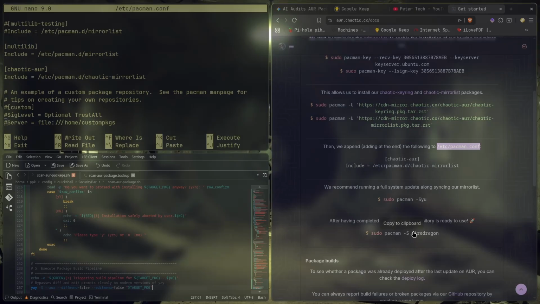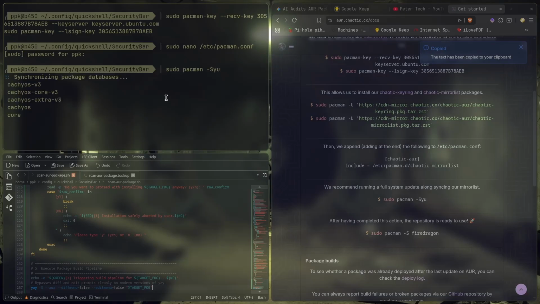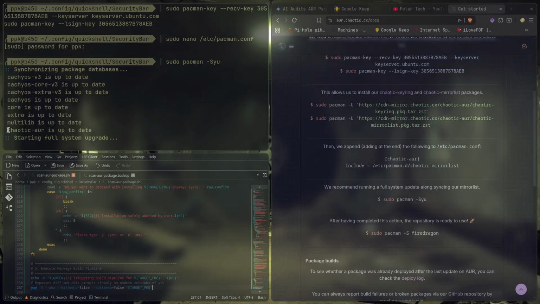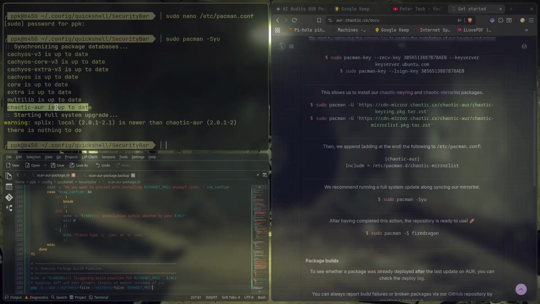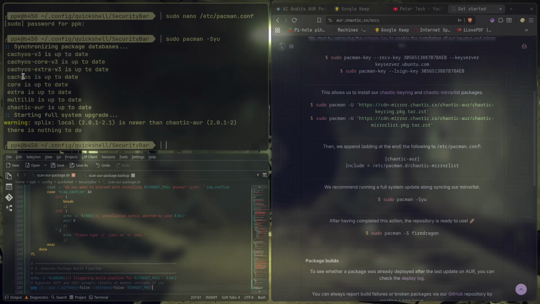And that's basically it. All you have to do then is update your system, sudo pacman -Syu, and it will just run an update. You will see the chaotic-aur there at the bottom. Mine is up to date, obviously. So it's added now. It will update and get packages from there if it's not in either the normal CachyOS packages or Arch's core repository. Yeah, so once that is installed,